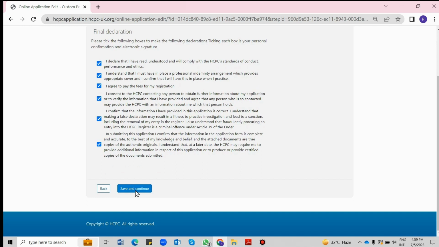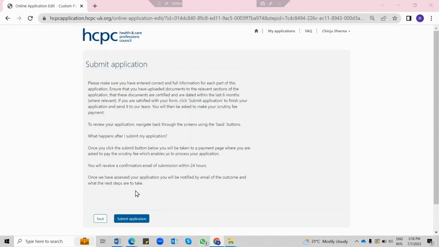If you have filled in any wrong information, or if you have not filled in any information on the given columns, remember that whichever columns are marked with a star are mandatory and should be filled. So make sure that you fill in all the details carefully, and you can always check your details before going back. Once all the details are fine and this option is showing on the page, you need to click again on Save and Continue. So I'm clicking here.